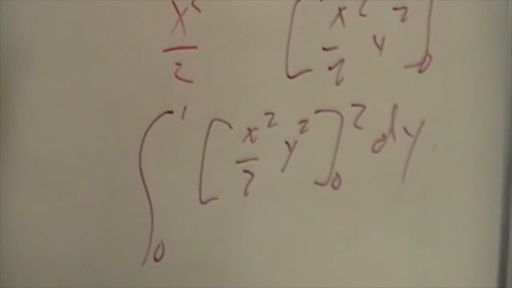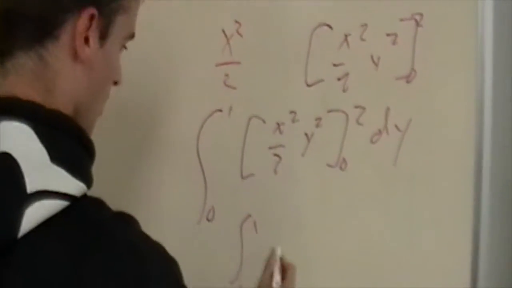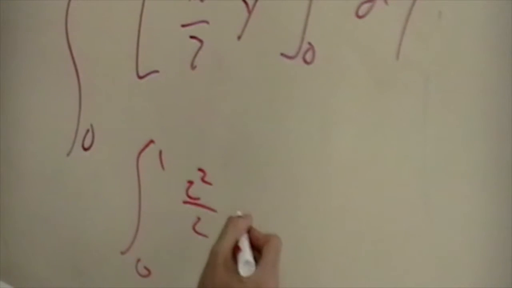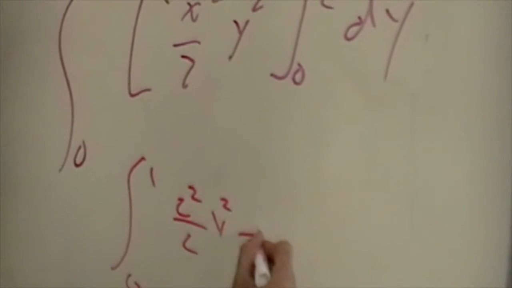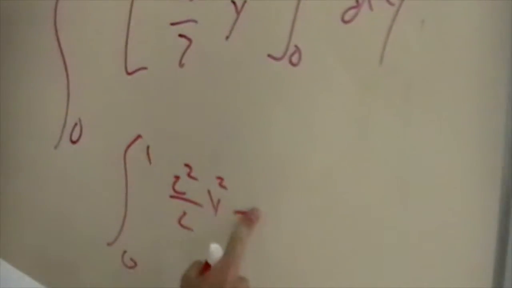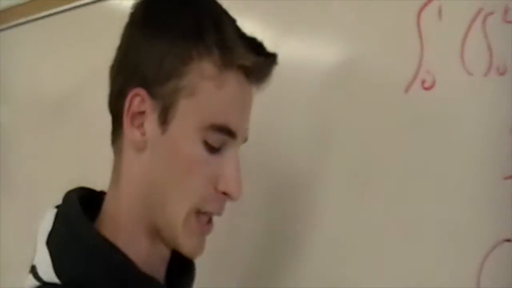So evaluating this, we're going to get the integral from 0 to 1 of, bringing in the 2 squared over 2 times y squared, minus bringing in the 0, which just cancels out, so we don't need to do that, dy. And that's a normal, easy integral to solve. So now, finishing the integral, we have